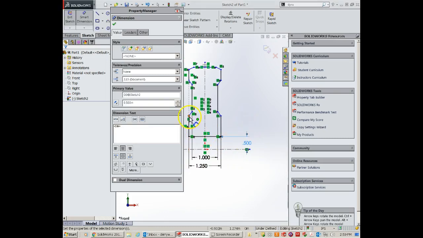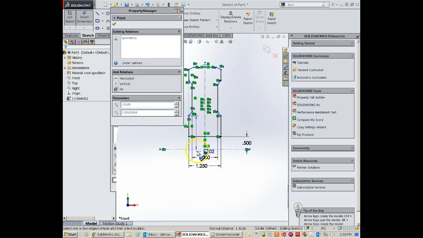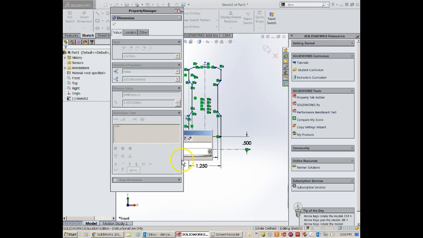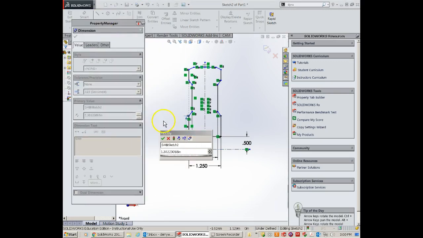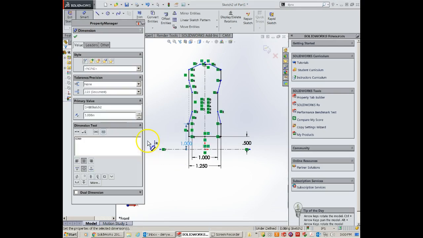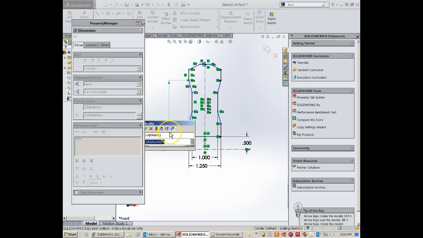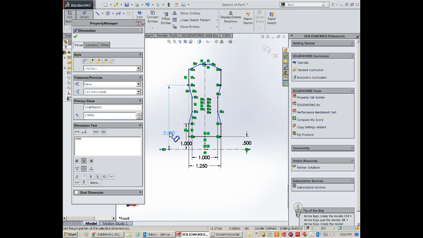Distance to the first little chamfer there. Let me move this out of the way. Is 1 inch. Okay. Distance to the top of the upper chamfer is 2.5, and overall to the top